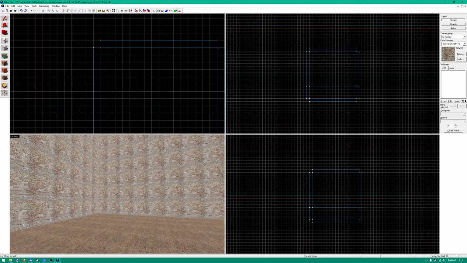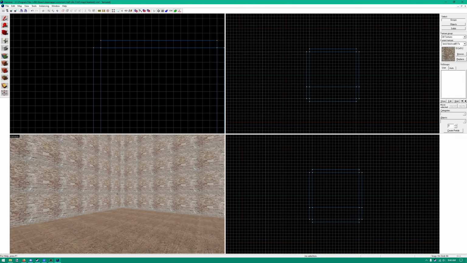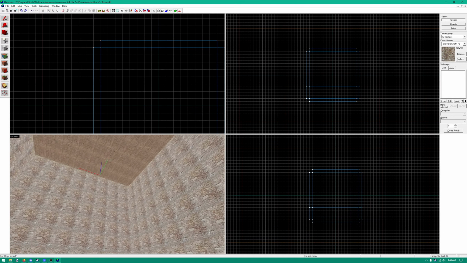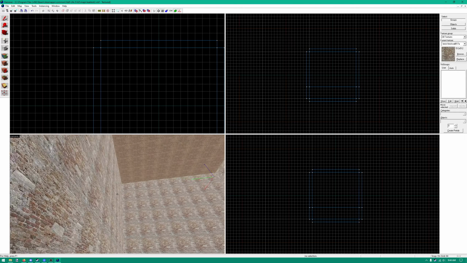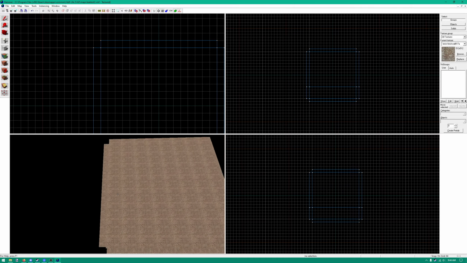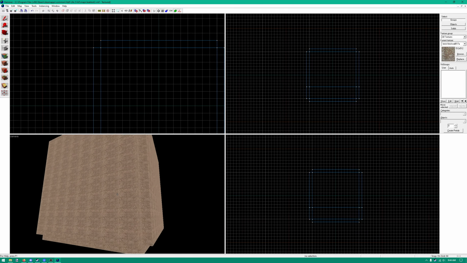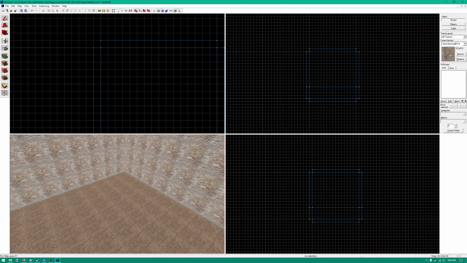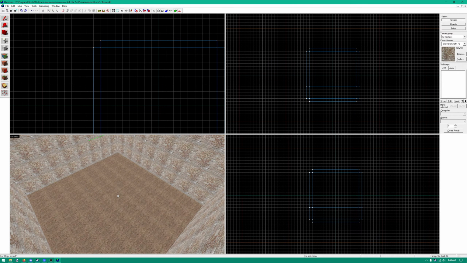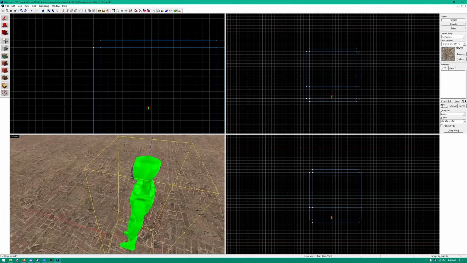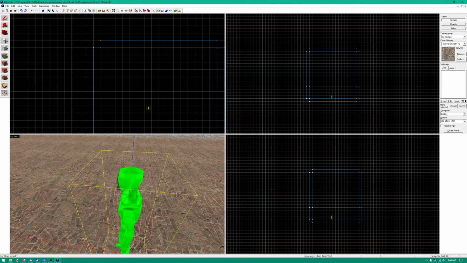VBSP uses entities to understand what is the inside of your map. It makes sense if you think about it. Why would an entity be outside the level, after all? This means if your map has no entities, it also cannot tell what's inside or out, so this also shows in the compile log as a leak, but there won't be a second message to say which entity leaked, and there is no point file to load. Your map should always have a spawn entity like info_player_start at the very least.